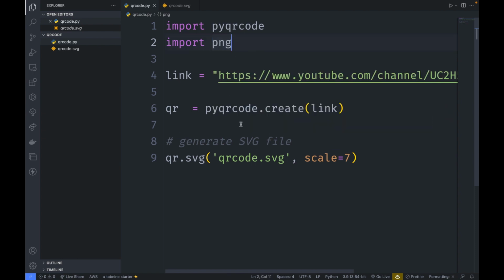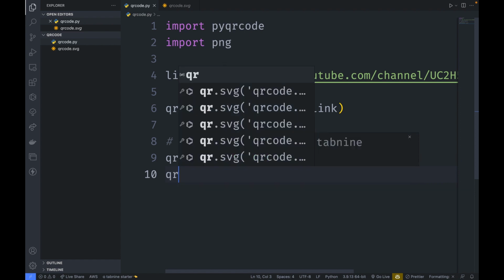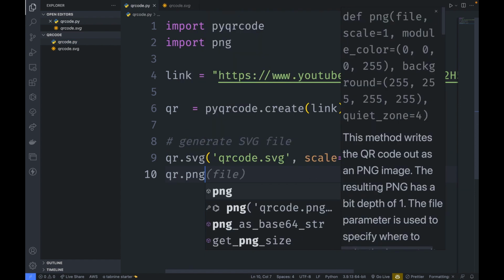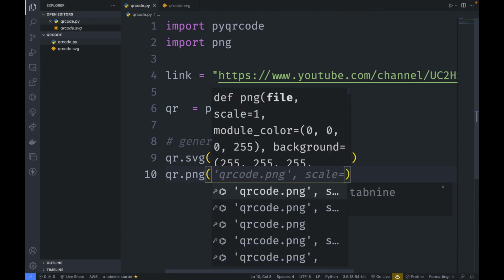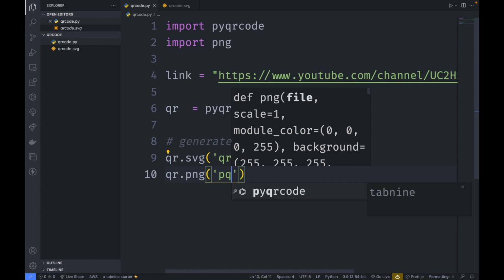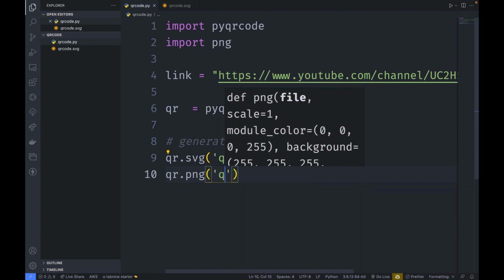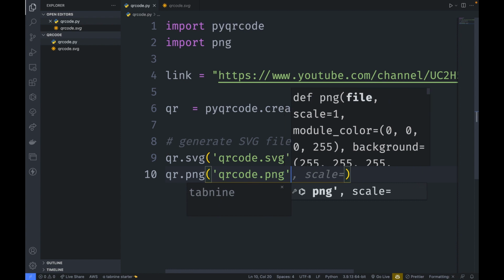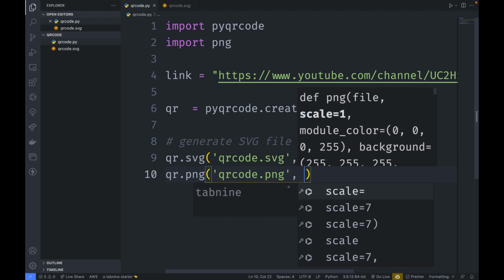Now after importing png, you come here on the next line, you type qr.png. Now you need to specify the name of your PNG file. So I'm going to use qrcode.png. Then the next parameter that I need to pass is the scale.